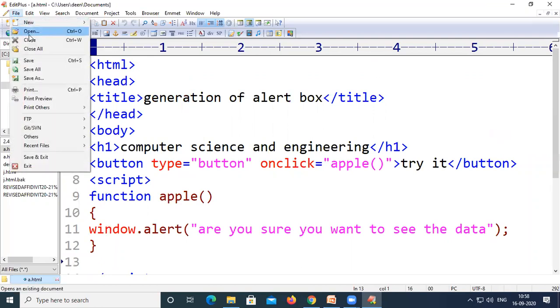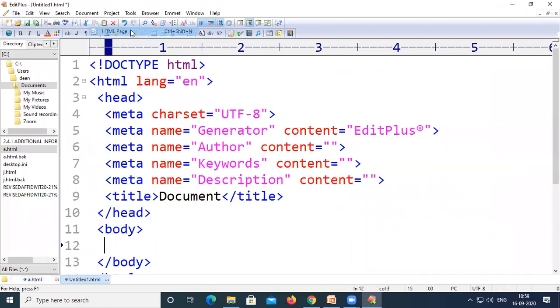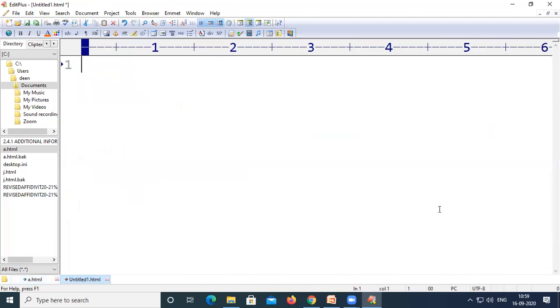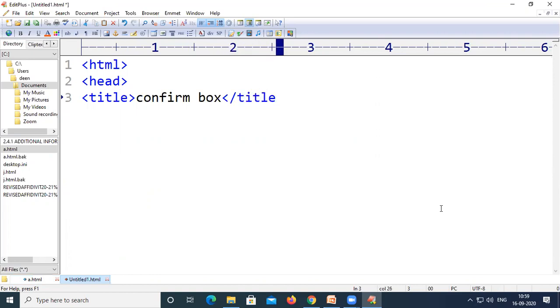Now let us start with a new HTML. Start with the HTML tag, head tag, title tag. In the title, confirm box. So the title of this web page will be confirm box.